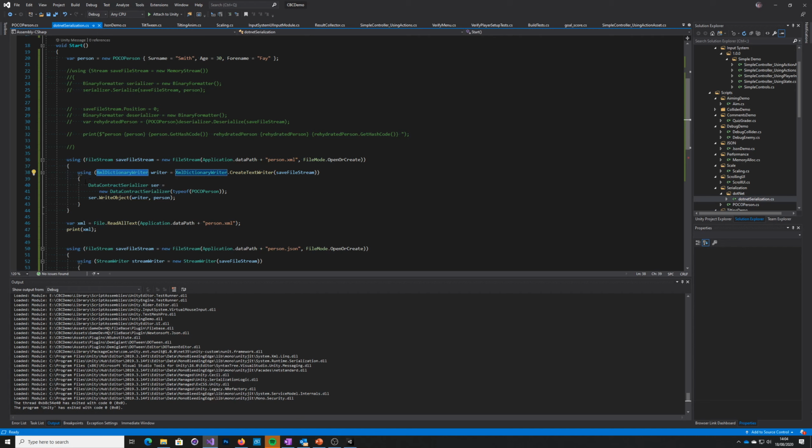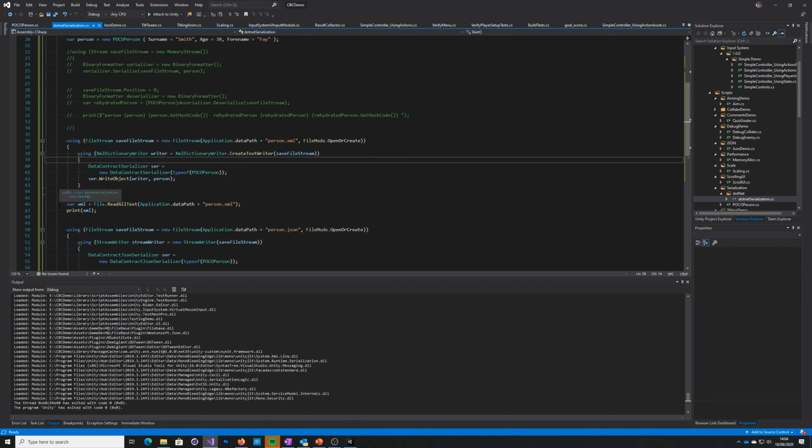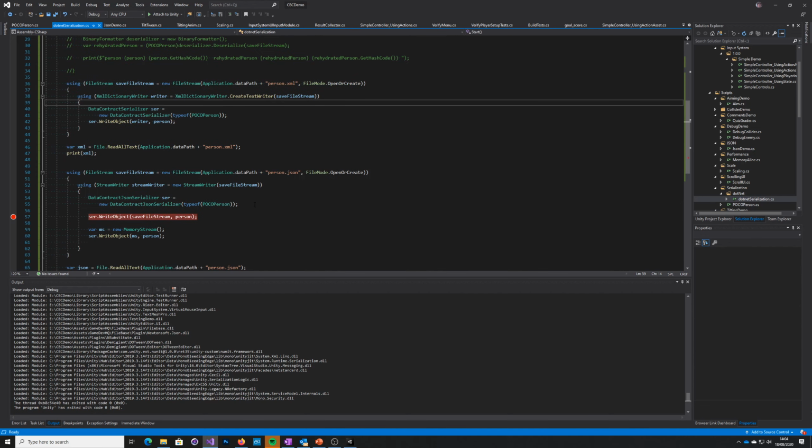So it works in a very similar way. We have a serializer, have our object, we serialize it, and we write it out to the stream. In this case, I'm writing it out to the application path person. And then we're going to read it back in and just print it. That's going to be our XML. And then, in a similar way,